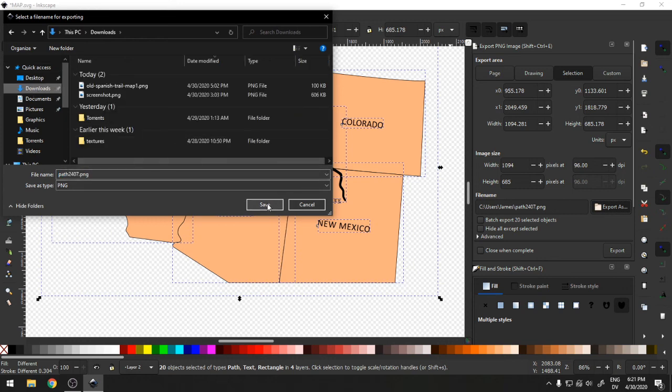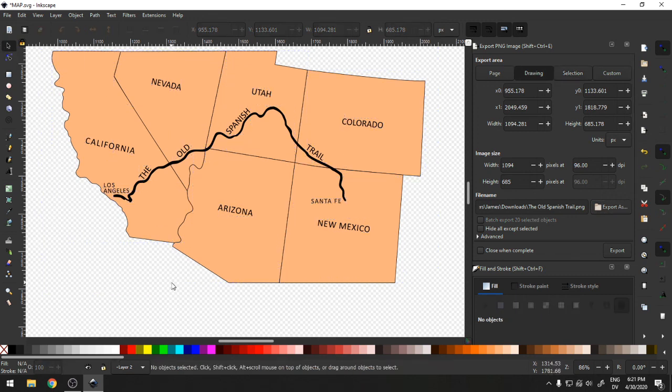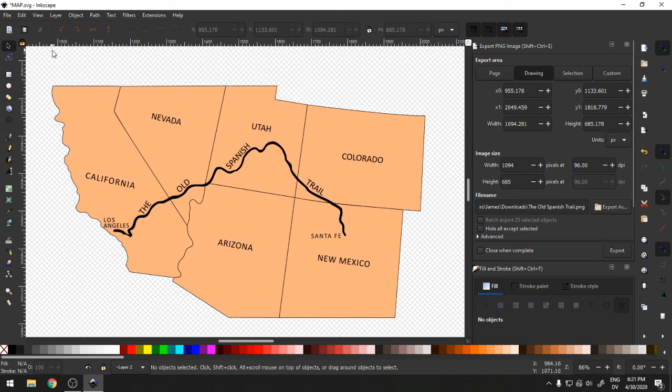I'll just go to my downloads and I'm going to call this the old Spanish Trail. The old Spanish Trail. Save. Okay, so that's going to be the name of it. And then here I have exporting the selection. That's it. Okay, and this is 1094 by 685, the overall width. But if I wanted to change that before I export it, actually what I want to do is grab just that,